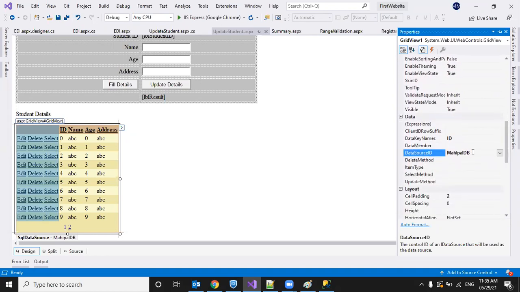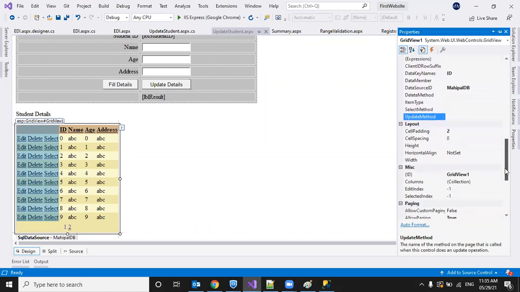See here, this is my data source that I selected. So the data key names. So this is the primary key, a comma separated list of key fields in the data source, like foreign key, primary key, unique key. Such keys can be mentioned here to uniquely identify data or to establish the relationship with another table. So that way we can set those keys here, and source ID is this one. If you have a delete method, we can specify that. Select method, update method. If you have those, we can set them.